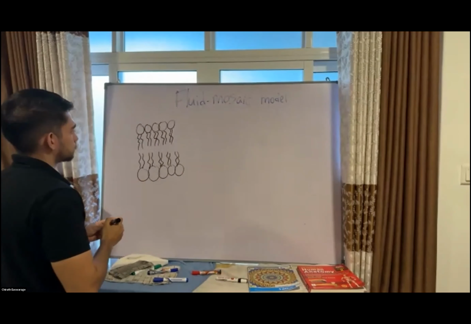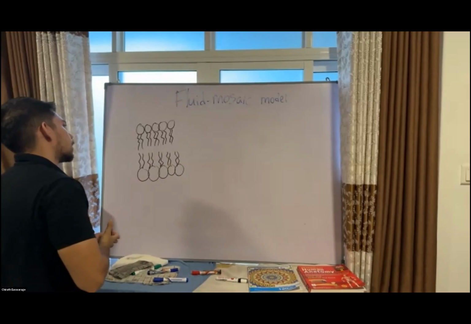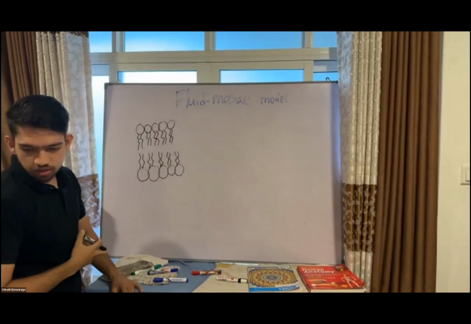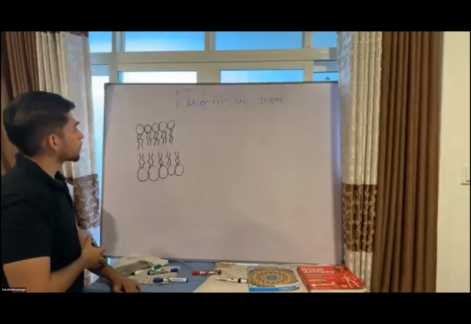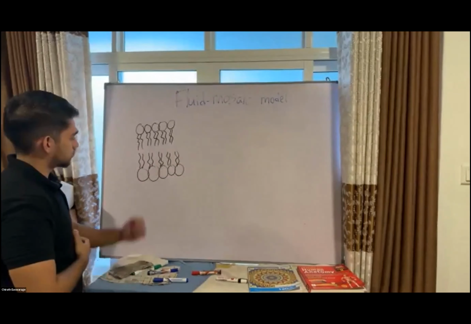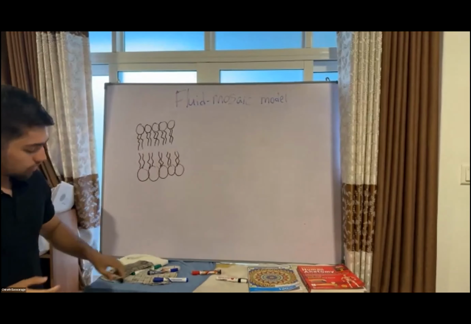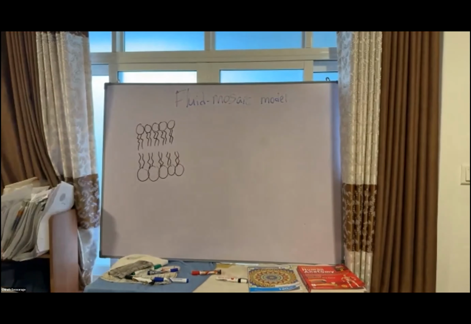This is a bilayer. Why? Why are these phospholipids arranged like this? I hope you can see. Why are these phospholipids arranged like this? Because inside the cell as well as outside the cell,